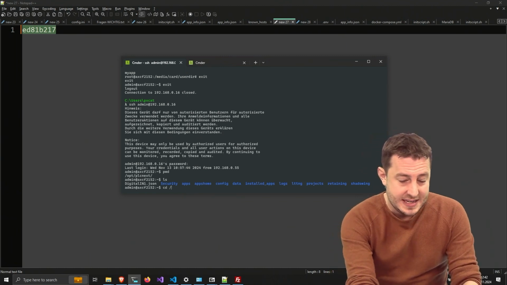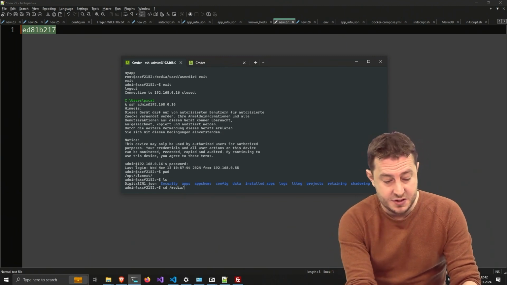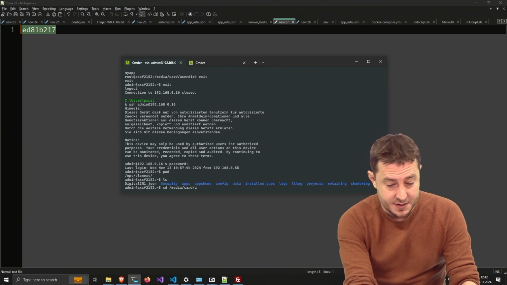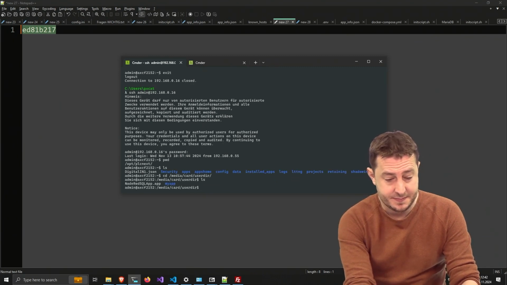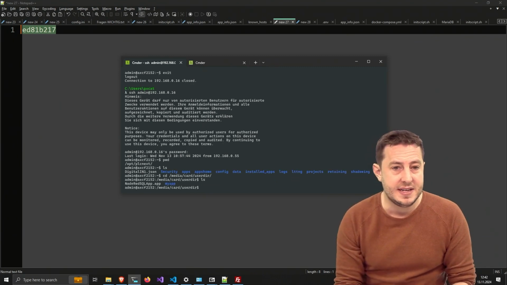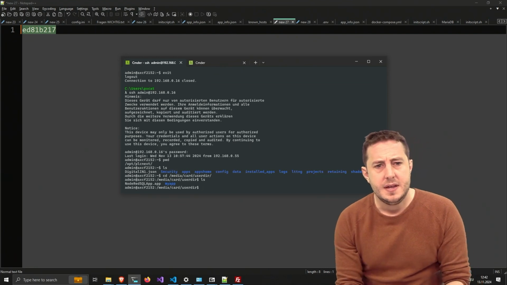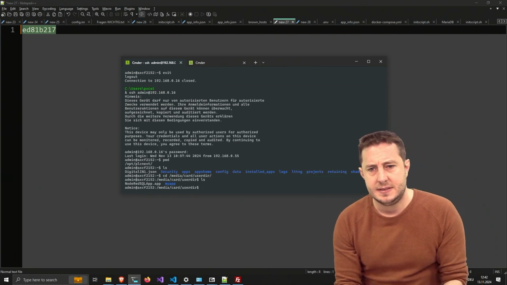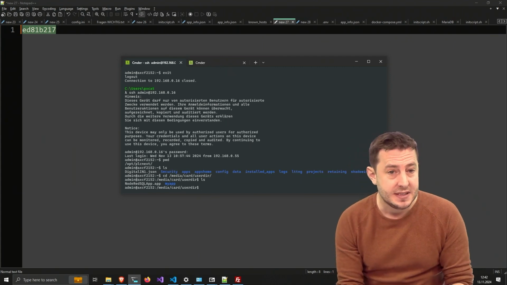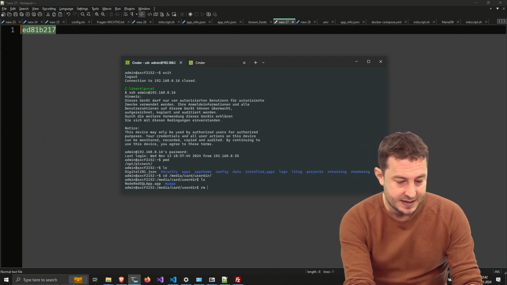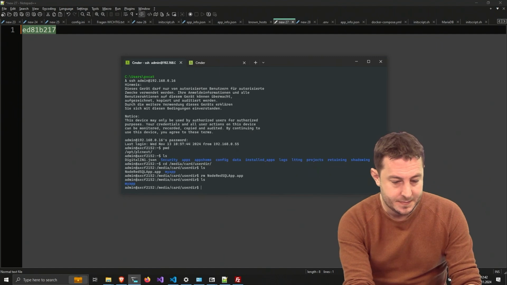But what we did was change the apps home path to media card user here. I have already something there. I will just, no, I will not, because it takes a long time to transfer it. So I will just remove the app file. Cool.